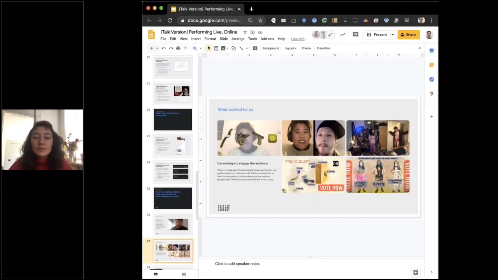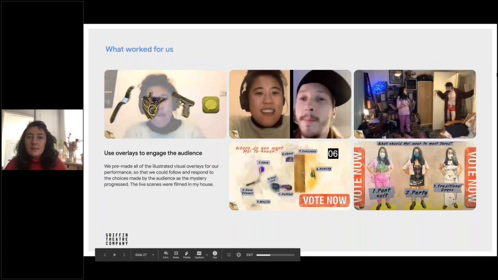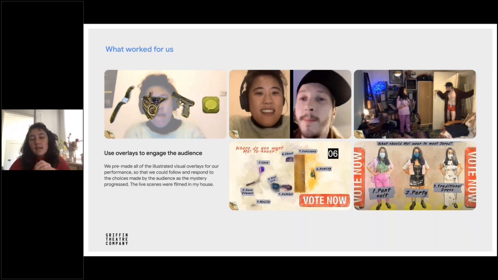So yes, an interactive techno-noir detective thriller that gave the audience different ways to interact, and a lot of that was through different overlays that they would broadcast as part of the mix of the actual live performance. They used Streamlabs OBS, I think, to input different overlays throughout the performance. So it's about thinking how you can elevate your performance by doing a mix of pre-recorded assets as well as the live performance itself, so that it is in fact actually live.